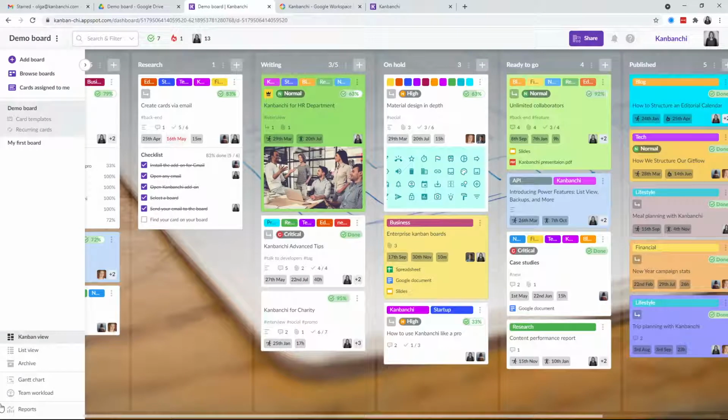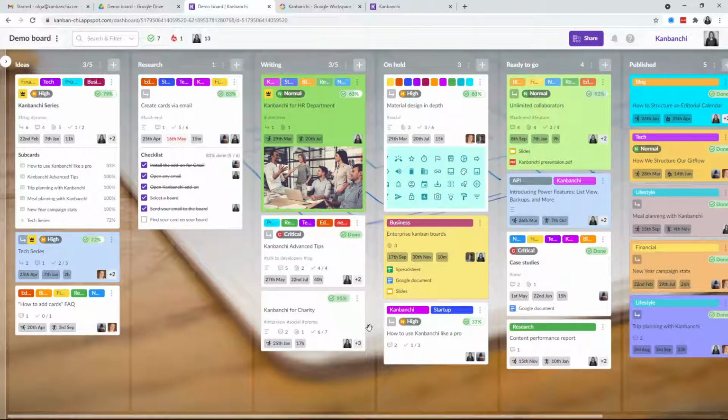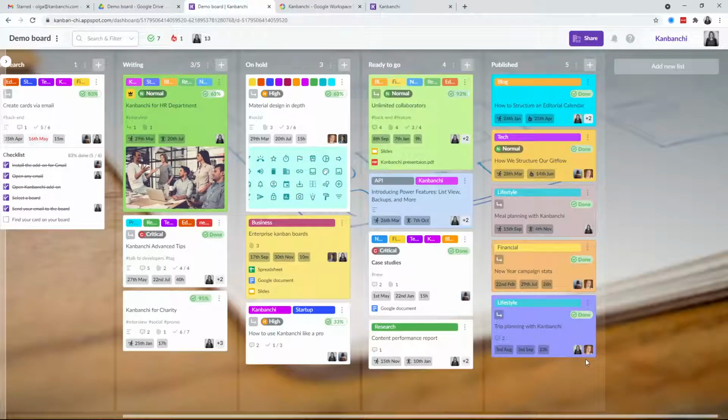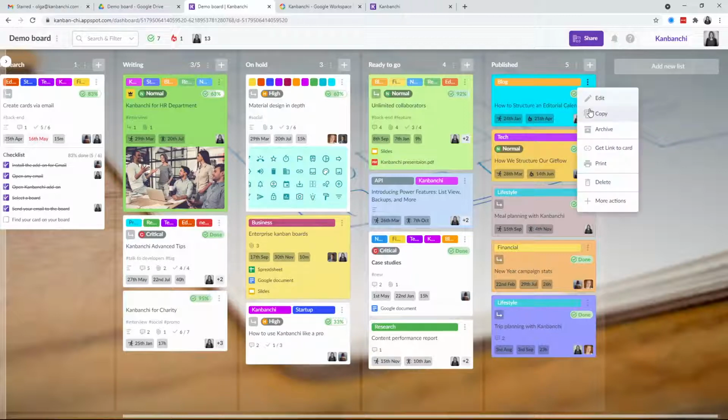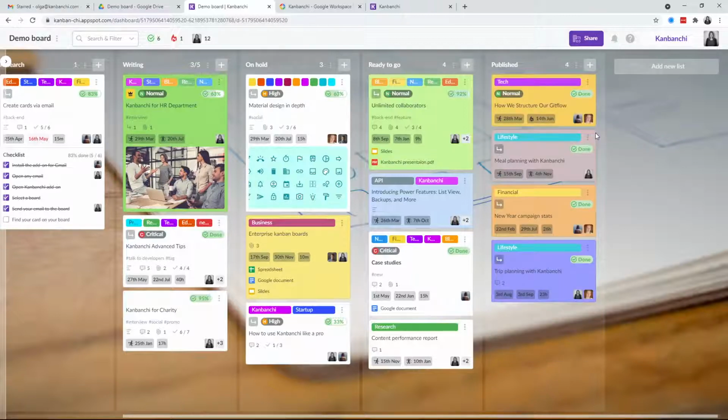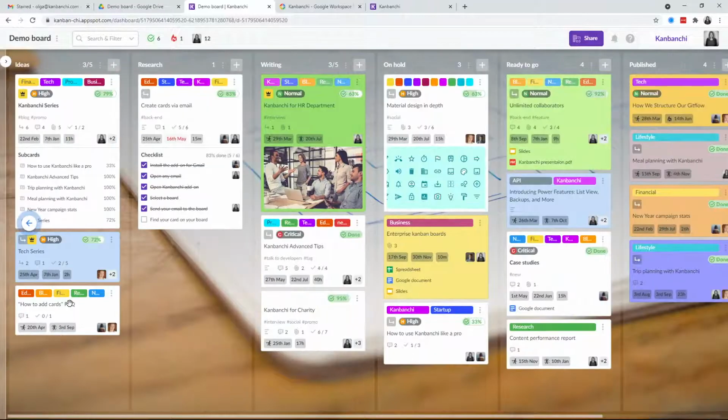Okay, there is another thing that I didn't mention, and that's the archive. The archive is the place where you can place the cards that you no longer want to see on the active board, for example, published articles. So I just archive it,